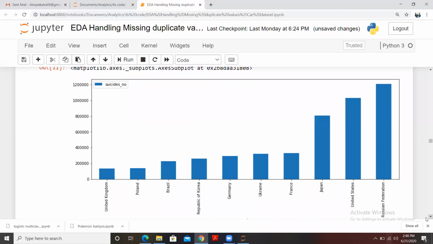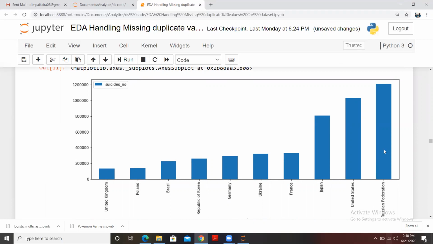So what is the interpretation of this plot? What do you understand based on this? It's clearly visible that the Russian Federation has the highest number of suicides, and after that we have Japan and the United States.